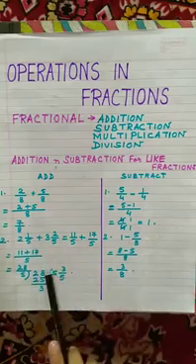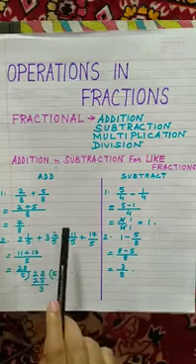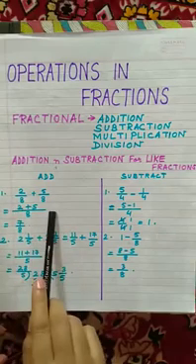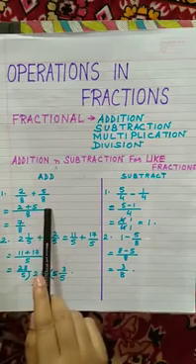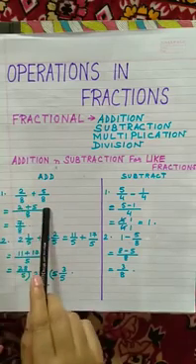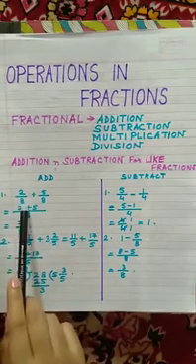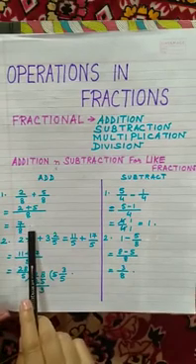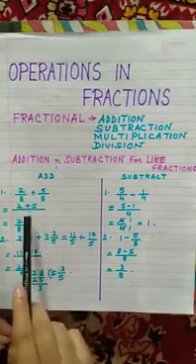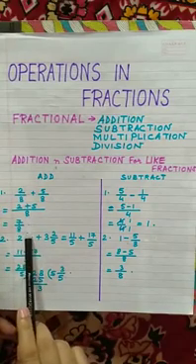Here we have sums on like fractions. So let us see how do we add like fractions. Like fractions, as you know, have the same denominator. So here we take the denominator as the common denominator. 2 by 8 plus 5 by 8. We take 8 as the common denominator and add the numerators, which is 2 plus 5. We get 7 by 8.